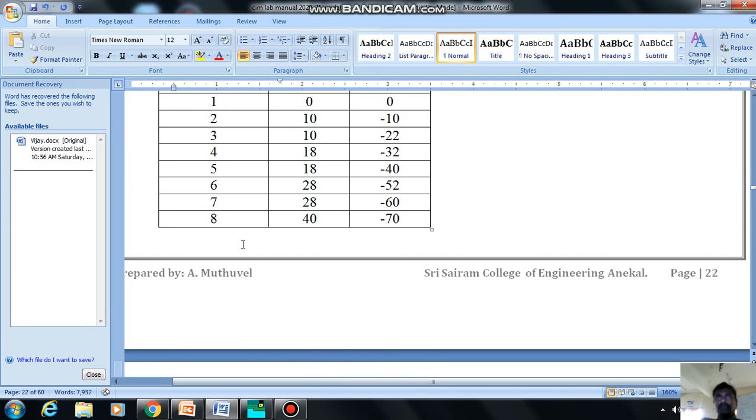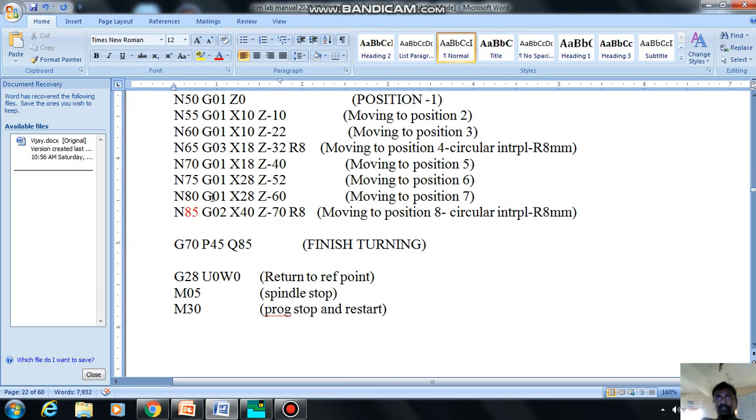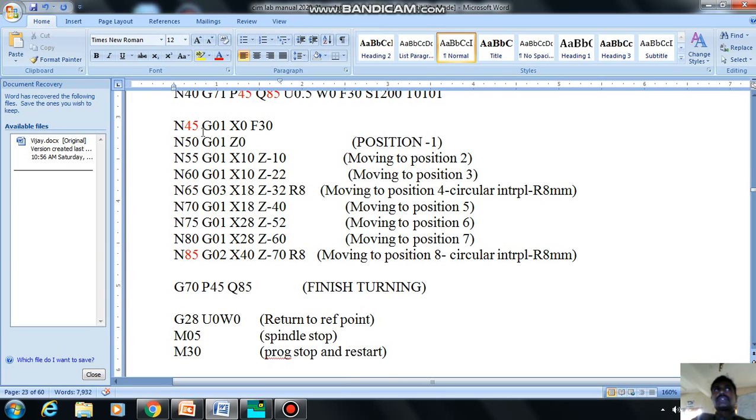So here N45, this is the starting block number. It goes G01, X0 and Z0, right? Fine. After position 1, it goes to position 2, which is G01, X10 at minus 10. Since it is linear, we are using G01. And again it goes G01, X10 at minus 22, which is linear. So it is a movement to position 3.